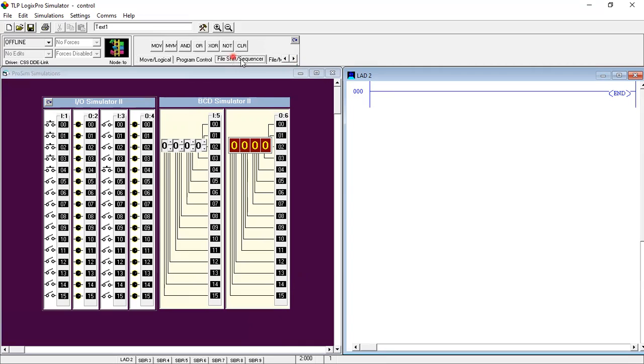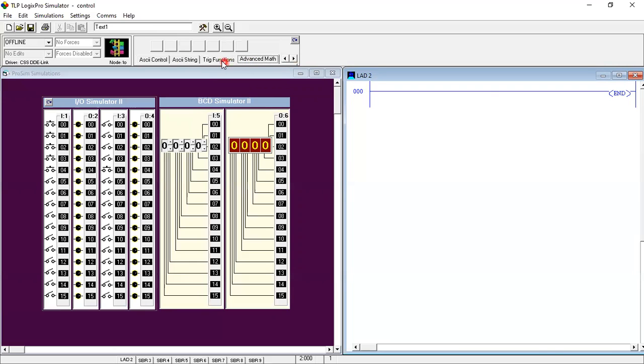These are the advanced instructions like BLS, BSR, SQC, SQL, FFL, FFU, ASCII controller strings.